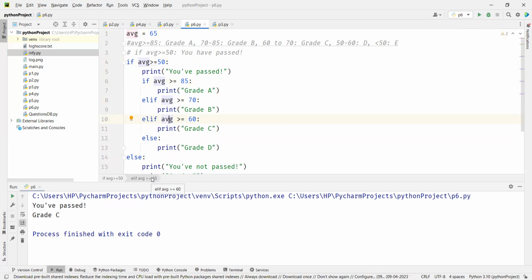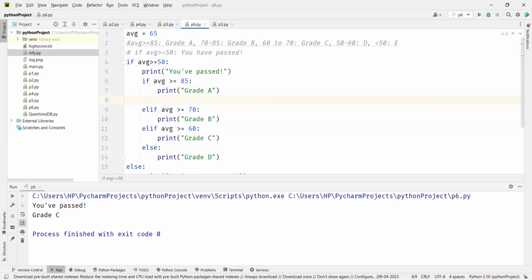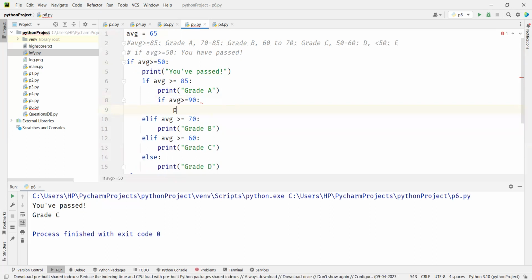You can have any level of if inside an if. We say nested if. So let's say if your score is more than 90, you are going to get some special award. So here you say average greater than 80, and before that I have to check, right? So if it's more than 90, correct? So I'm going to say if AVG is greater than or equal to 90, print